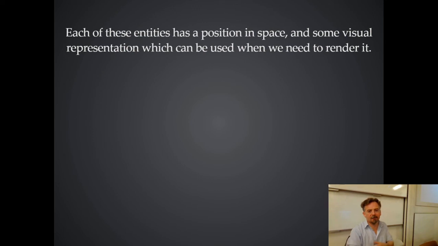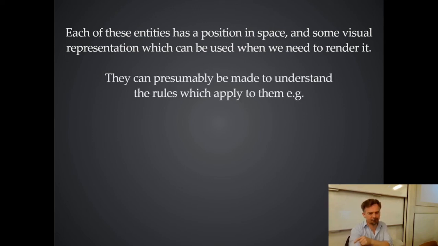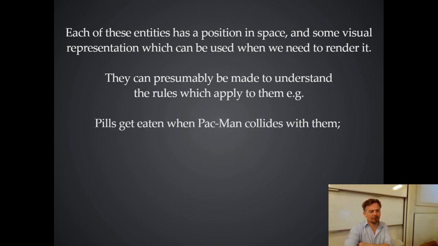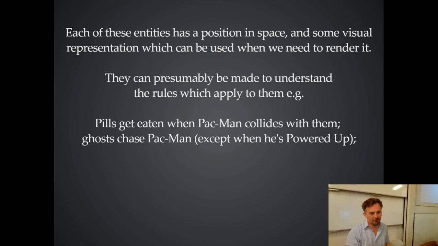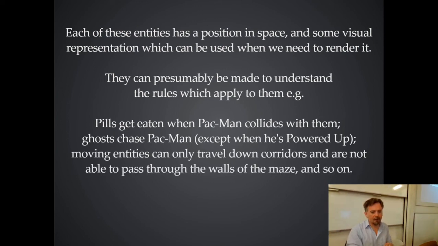So as I've said, each of these entities is going to have a position and a visual representation usually, and a set of rules. And the idea of how you build systems like this is you identify the entities that you've got, and you work out what behaviours they need to have and what state they need to encapsulate, and you just go and write each individual part, and then you start getting them to talk to each other, and that's how the system comes alive.